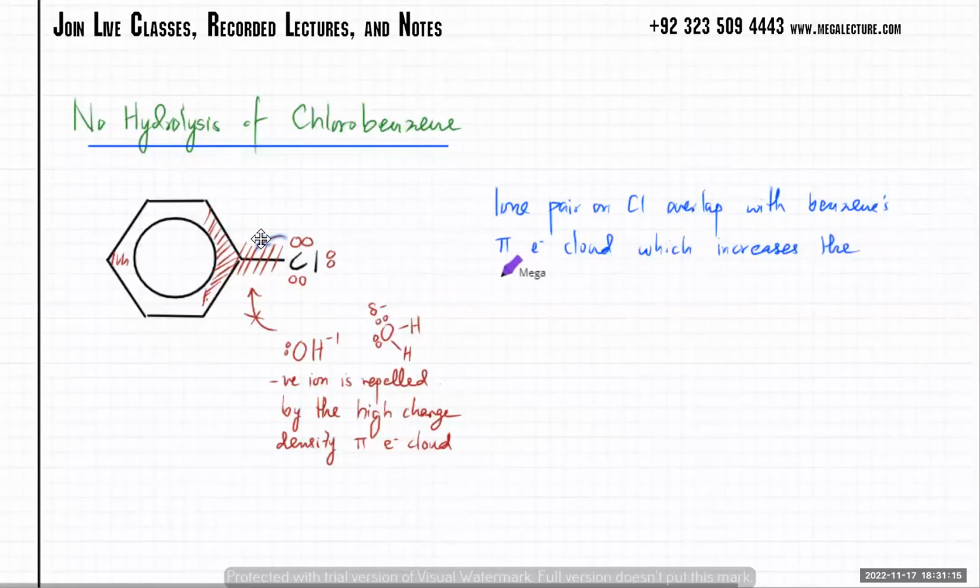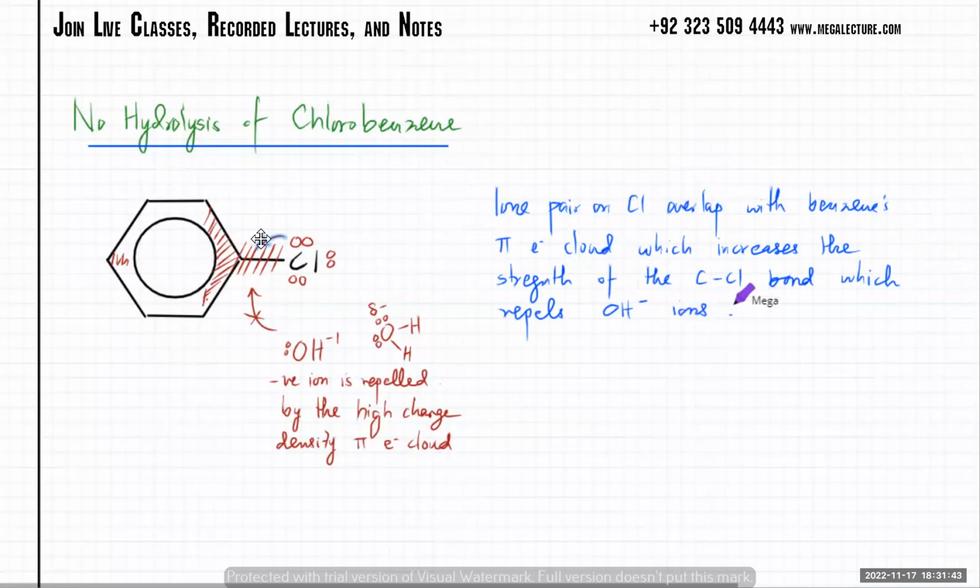So which increases the strength of the C-Cl bond, which repels OH ions. ठीक है, तो ये आपने आंसर लिखना है कि lone pair of Cl overlap with benzene's pi-electron cloud, which increases the strength यहाँ पे because there's too many electrons of the C-Cl, which repels the OH ions. बल्कि इसको मतलब और डिटेल में लिखना है कि which repels